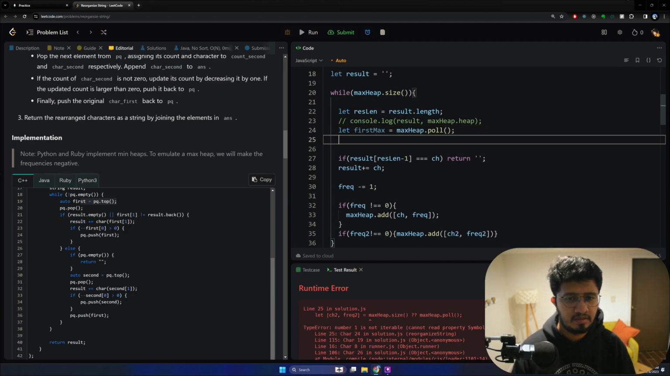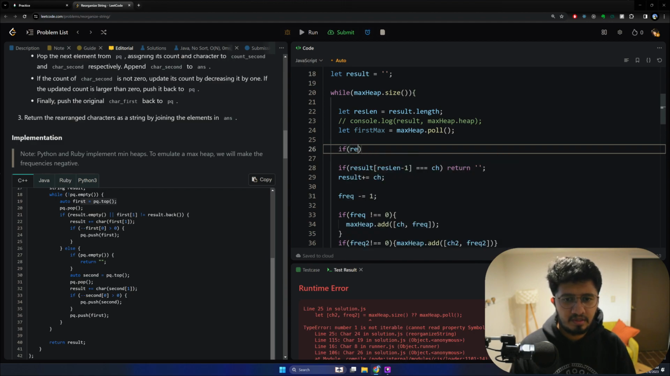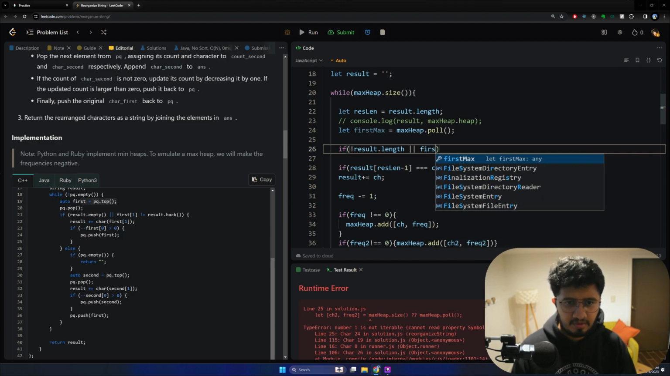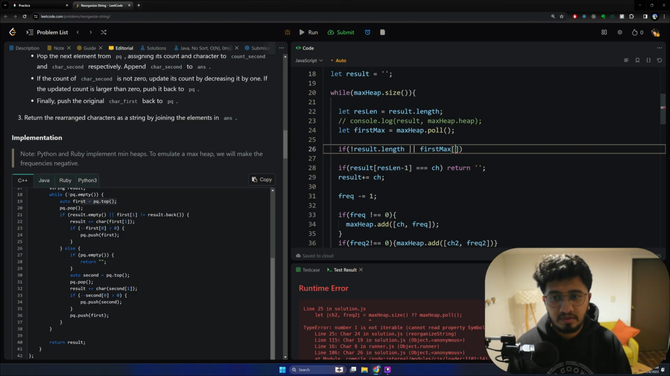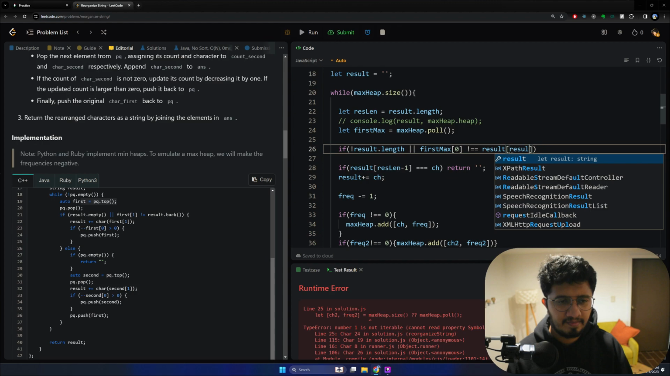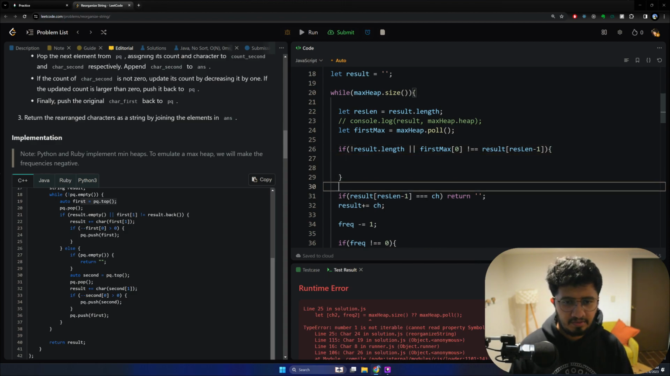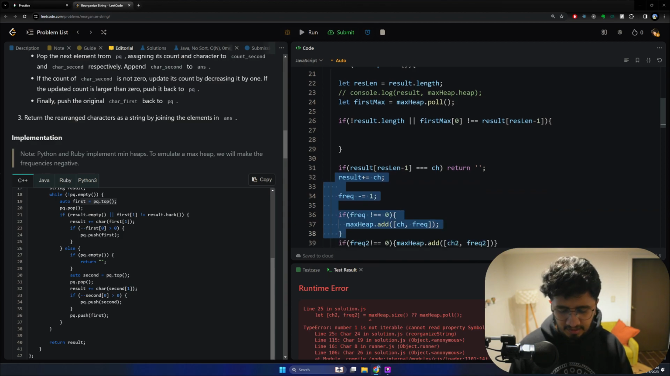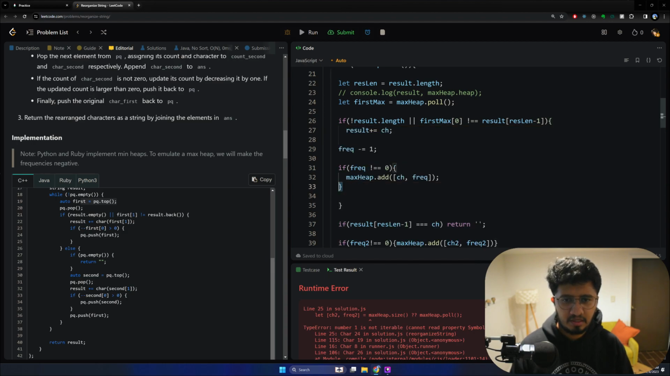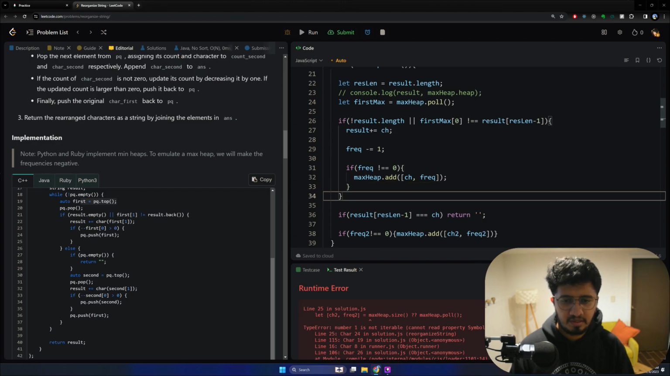First max, and what we'll do is if result dot length, if not result dot length, or the first max of 0 is not equal to result of result length minus 1, then what we have to do is add the character back, add the character to the result, and else